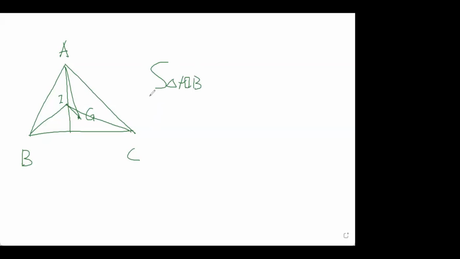The area of triangle AIB over the area of the triangle ABC is C over A plus B plus C, which is smaller than 1/3